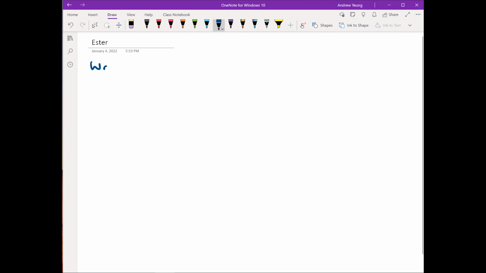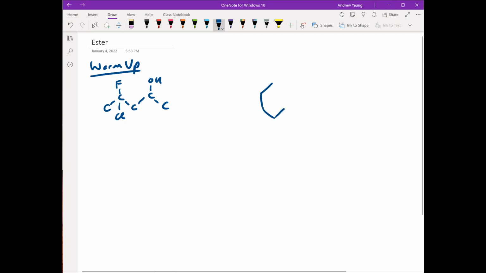Let me give you a quick warm-up question here. See if you can name some of these diagrams, and if given a word name, see if you can draw the picture. So let's plop down a few other carbons here. Let's give an OH, Cl, F. Okay. We're going to do our aromatic family. Let's do that. Okay. And let's do one more. We'll have